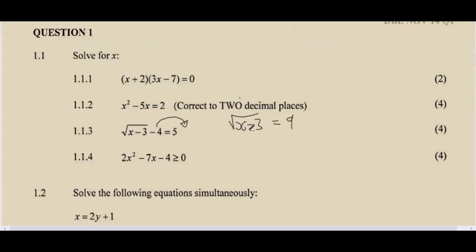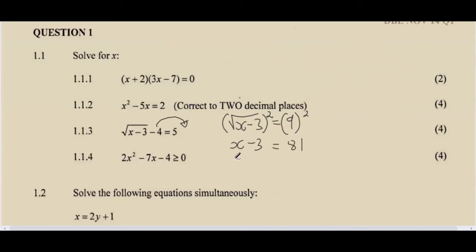Then in order to solve this, obviously we have to get rid of the square root by squaring. But remember, whatever we do on the left-hand side, we must also do on the right-hand side. So squaring here will just take off the square root, and then we are left with the contents, that's x minus 3. But 9 to the exponent of 2 equals